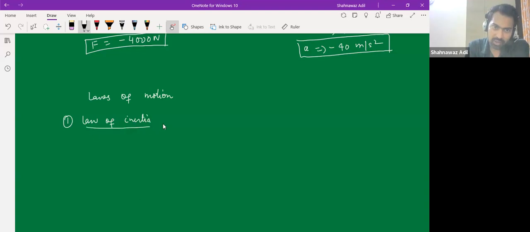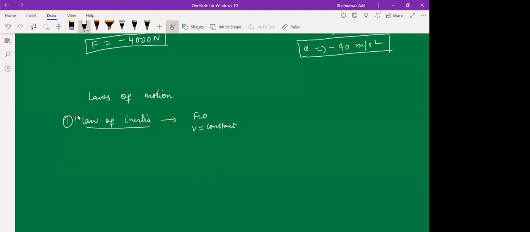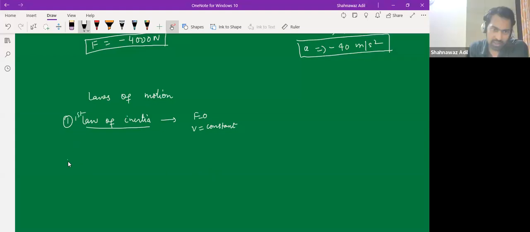Law of inertia says that when force is zero, then V is constant. So this was law of inertia, right? And then the second law says that